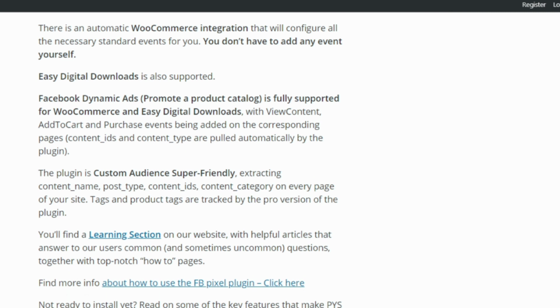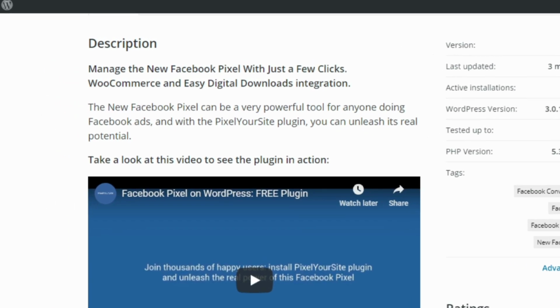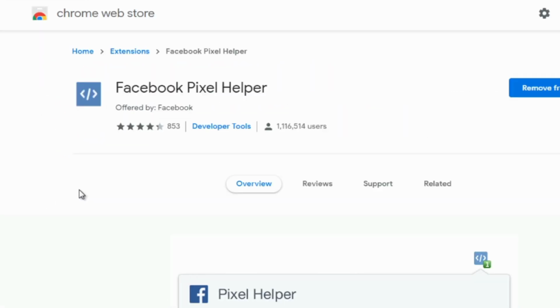So it's a matter of just simply installing the plugin, grabbing your pixel code, and adding it to the settings area. So it's very, very easy, if what we talked about before seemed a little bit daunting. Now, once you have everything installed, the next thing you're going to want to have is